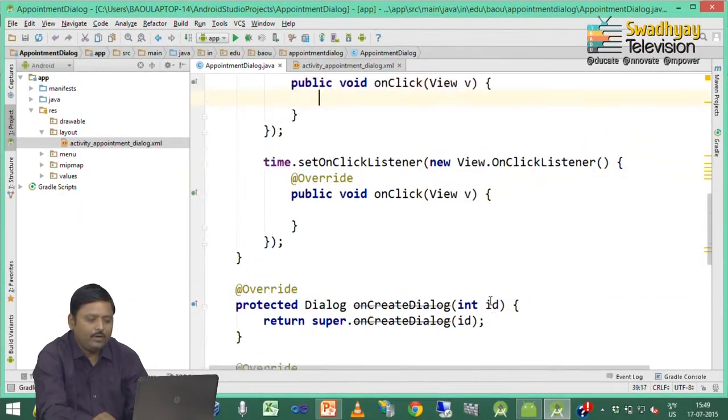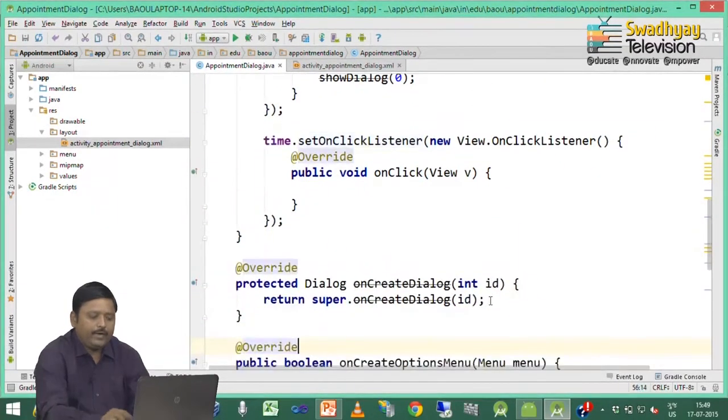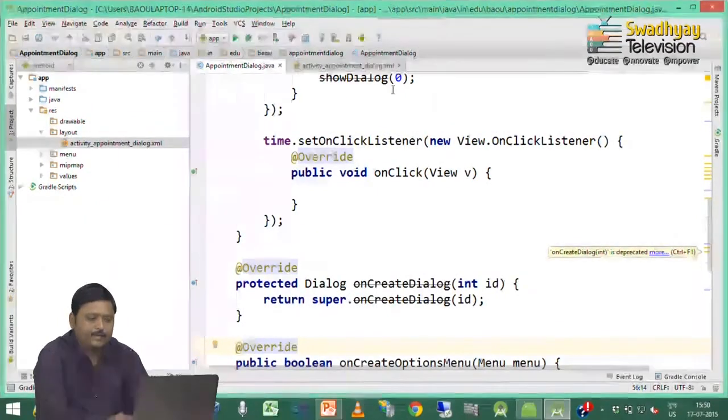So, here I call two methods. Inside the date button I write down show dialog 0. So, it will automatically call this on create dialog method, and it passes 0.